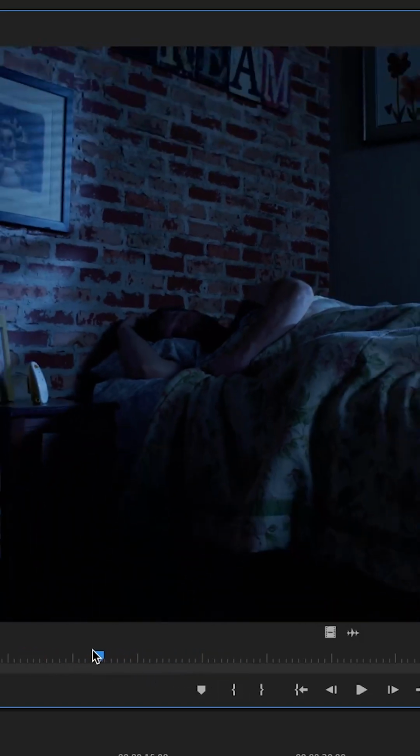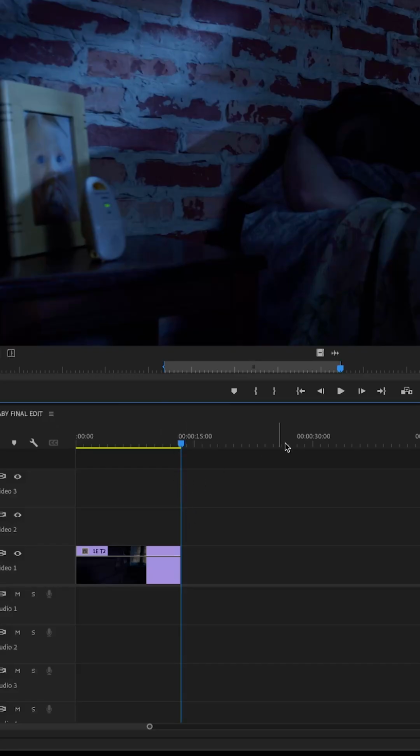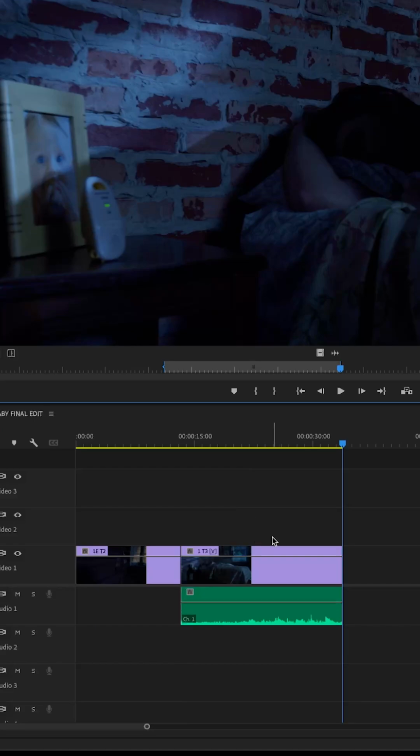Now that I have my establishing shot on the timeline, I'm going to grab the next shot. And next I'm going to cut to this dolly shot where we push into the main character. So once again, I'll get the shot where I want it to begin, hit I for in point, get it where I want it to end, and hit O for out point. With the playhead in the proper spot, I can hit period and drop that down onto the timeline